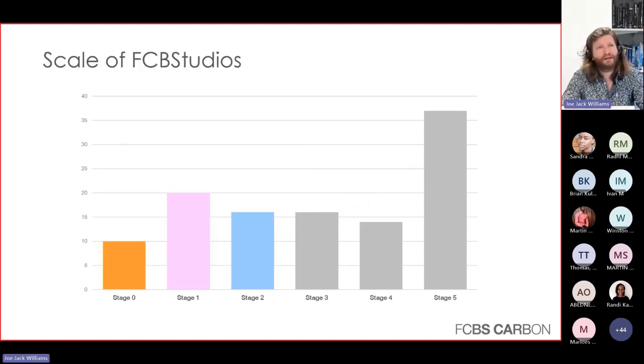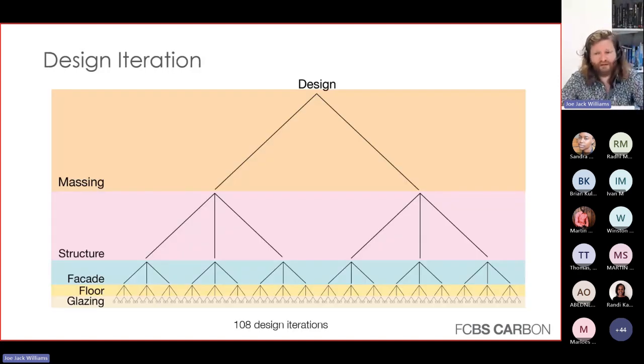So really what we're looking at is those first few stages. That's when we can make changes cheaply and quickly. There's no impact on program necessarily. There's no impact on contractors and costs. Things are just within the design team. That's fantastic. But if you think about how long these things can take,